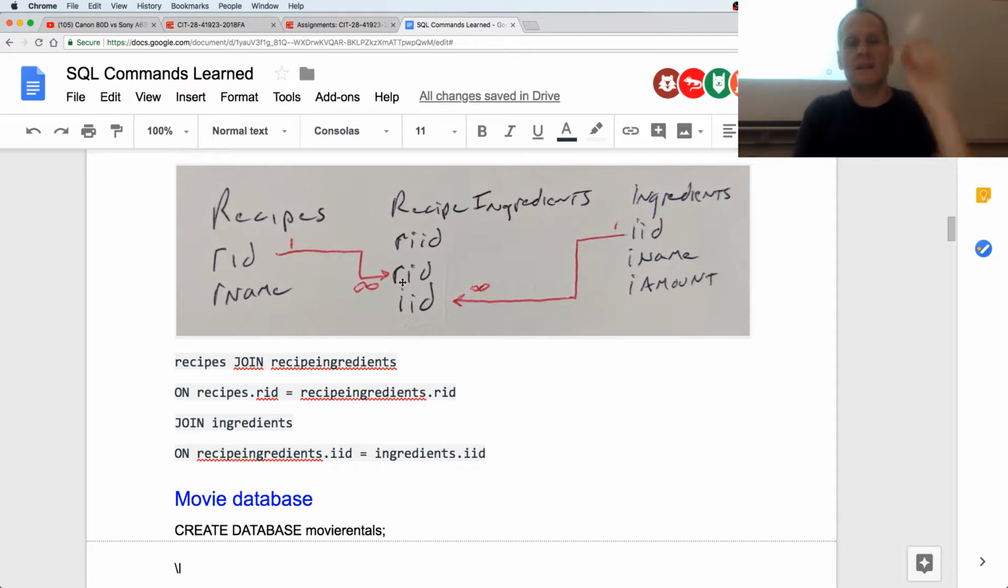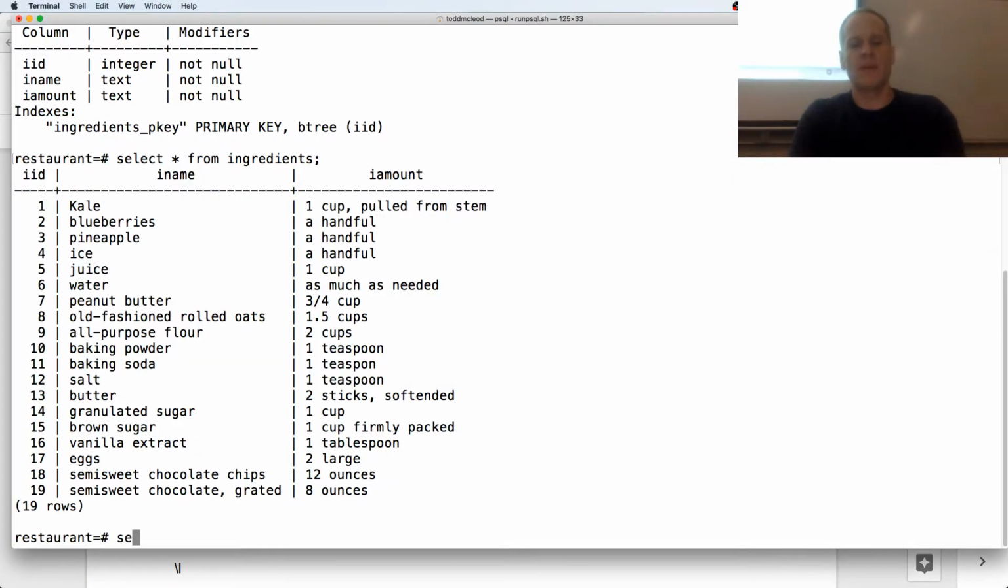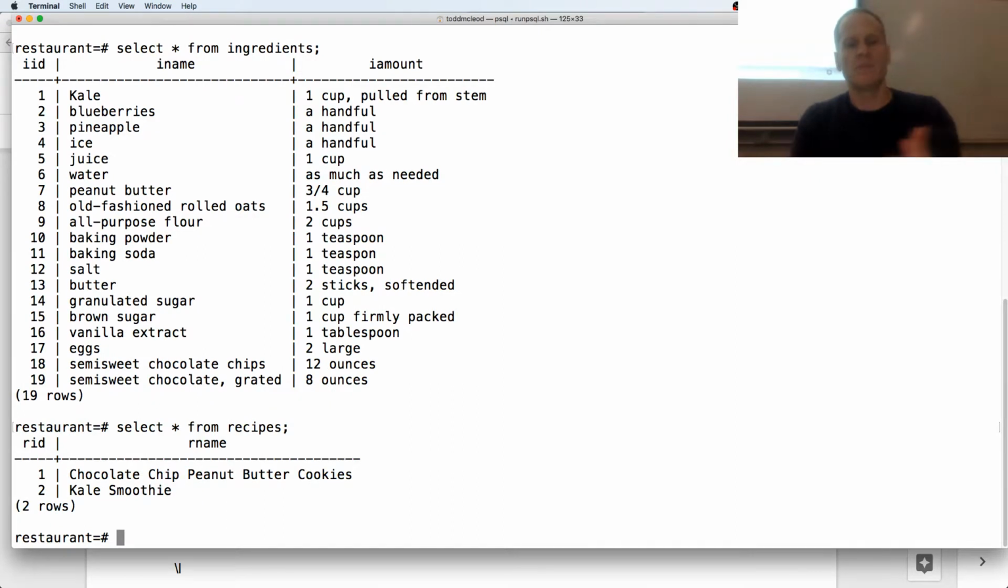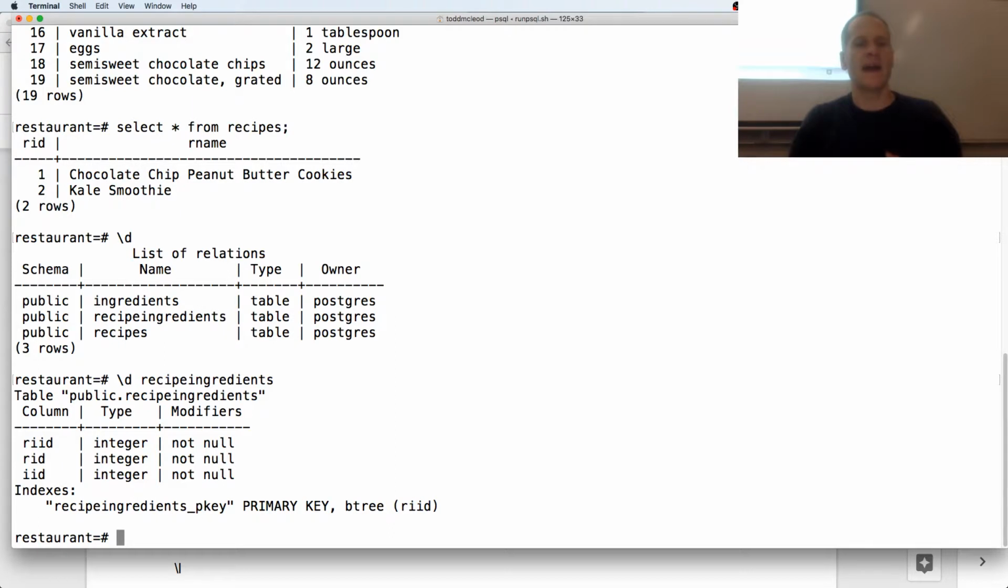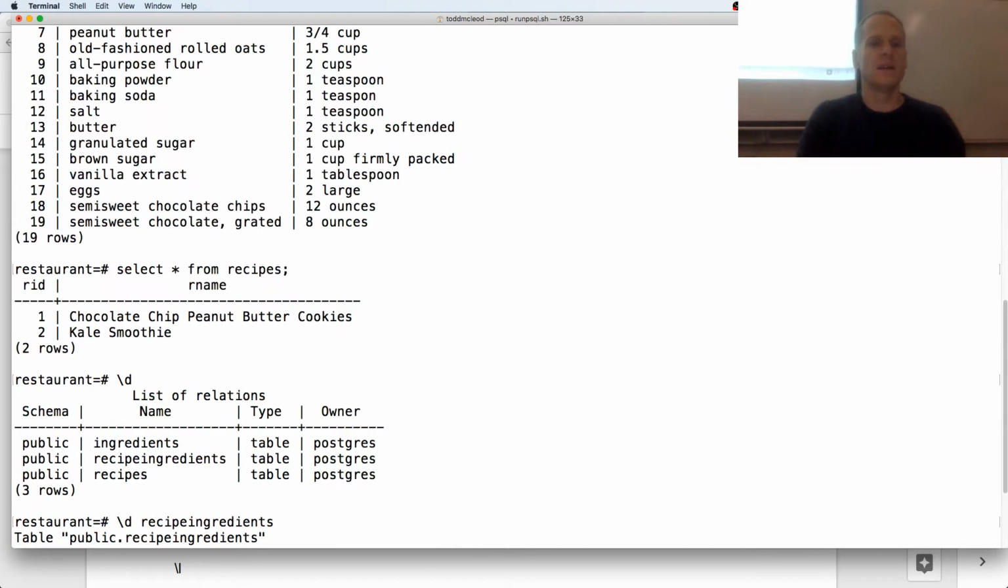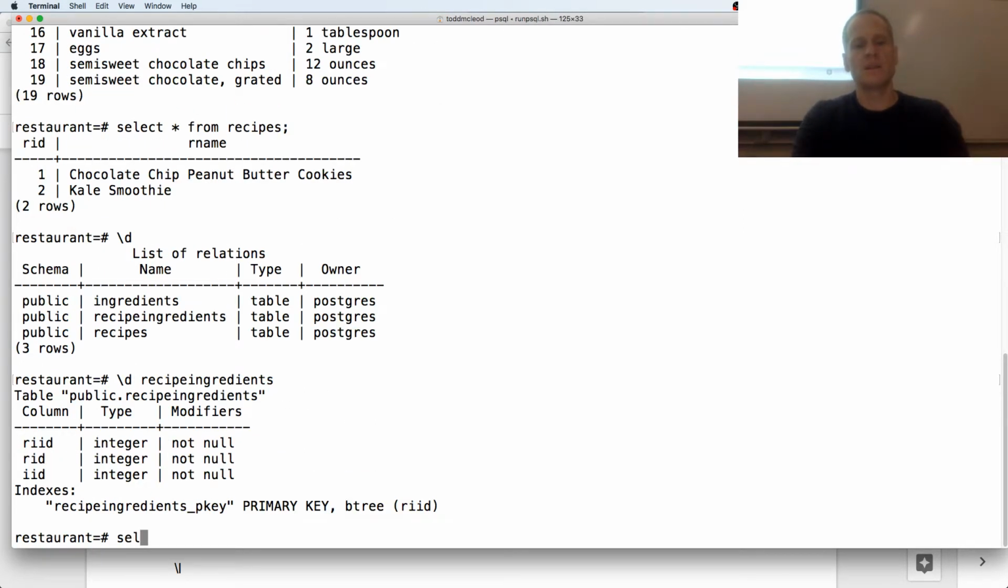So here we have the ingredients, and then we have recipes. And for recipes, I just have the recipe name, and it's called recipes. Chocolate chip peanut butter cookies and kale smoothie. And then I have a table that connects them. And the table that connects them is recipe ingredients. And that has recipe ingredient ID, recipe ID, and ingredient ID. So for recipe ID, chocolate chip cookies,